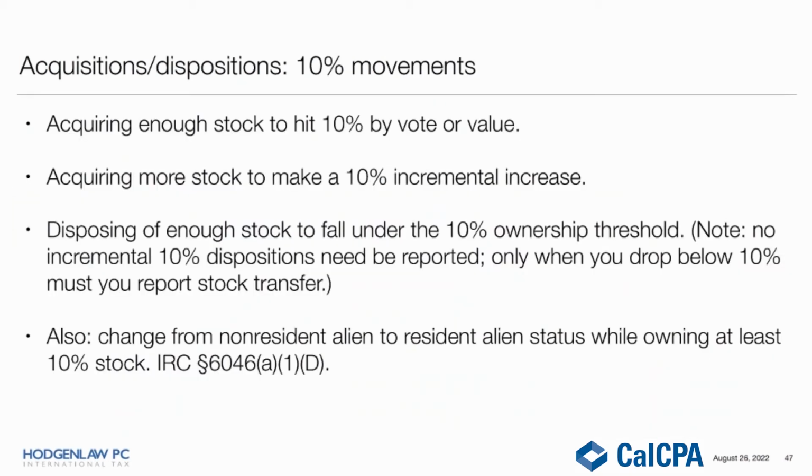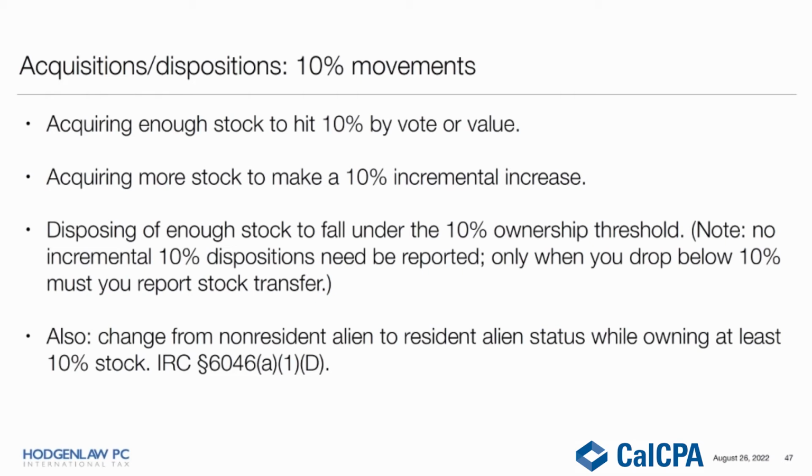So this is acquisitions and dispositions, and it's a 10% incremental movement that we're talking about. The bottom bullet point is super, super important, and I've seen any number of these. You have someone who owns the stock of a foreign corporation, lives outside the United States, has never touched the US tax system in his or her life, immigrates to the United States, and you're filing the first year resident return for that person. That is a trigger moment for category three of Form 5471 because they changed from non-resident